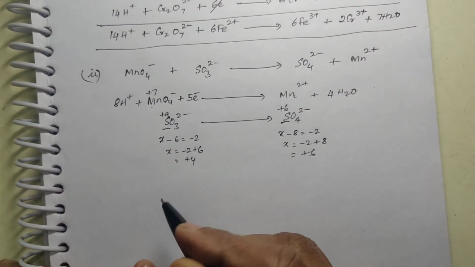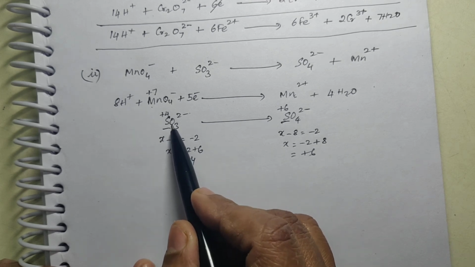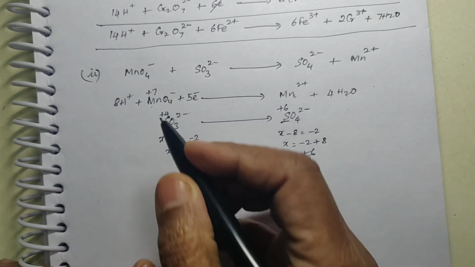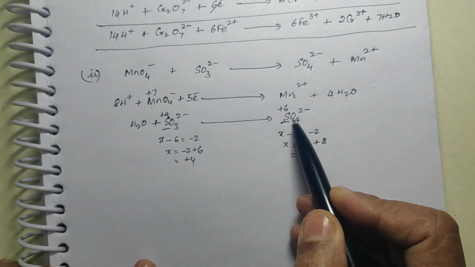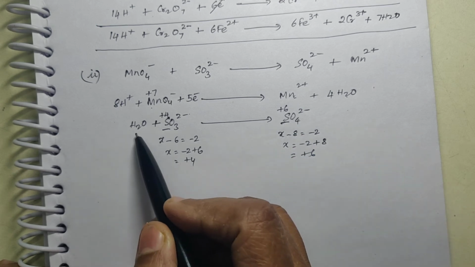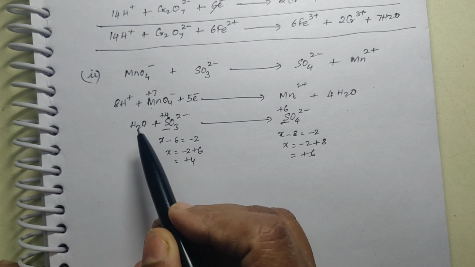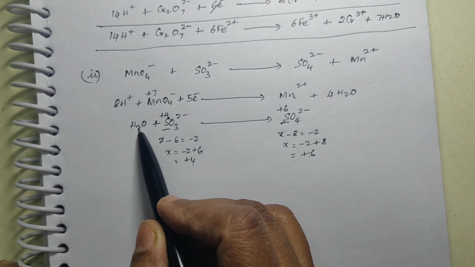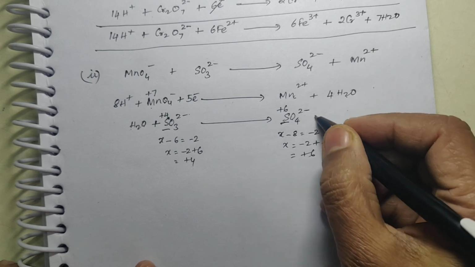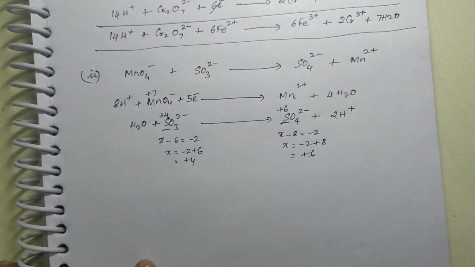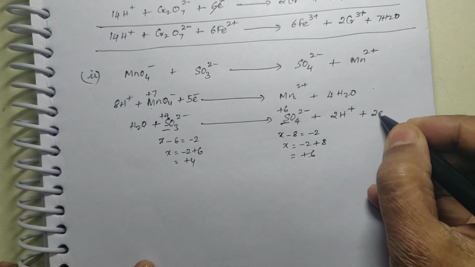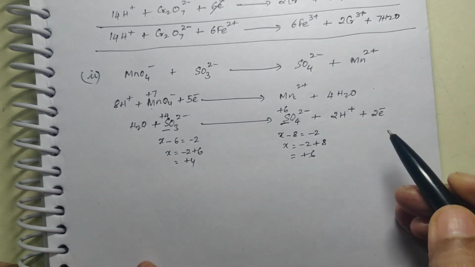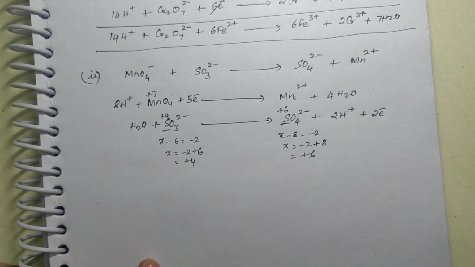After that what do you do? Here there are 3 oxygen atoms. Here there are 4 oxygen atoms. So to compensate the oxygen, you will add that many waters. There is a shortage of 1 oxygen, so I added 1 water, because 1 water has only 1 oxygen. Now here 2 hydrogen atoms have increased, so to compensate the hydrogen, you will add H+ here. Oh, I forgot to add electrons. This is plus 4, this is plus 6. So you will add 2 electrons. This should have been my first step, and then I have to add water and H+. Okay, sorry.